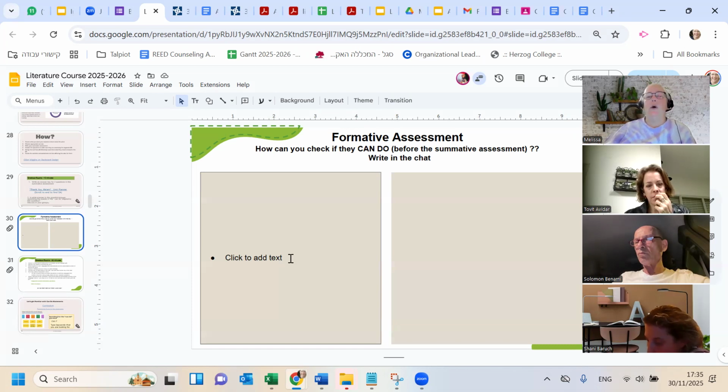So we need to think, what are some of the things that you do in class to stop and check where the student is holding? What is their understanding of the piece of literature? And if it's the language or the vocabulary or the basic understanding or the ability to compare and contrast, whatever it is we're asking them to do, whatever the can-do is, how do we stop and check? Can you please write in the chat